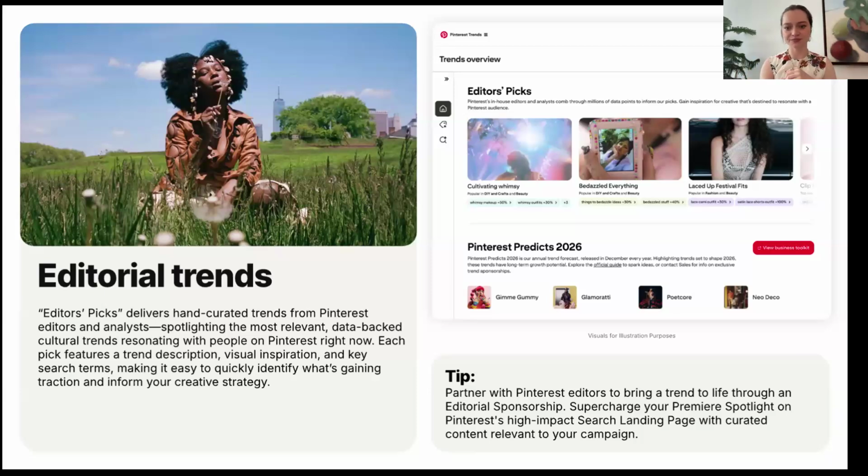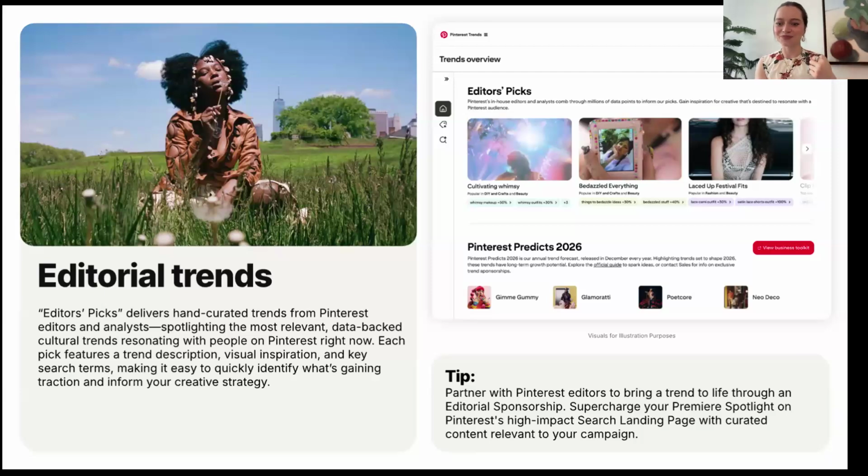what's gaining real traction. For each of the editor's picks trends, you'll see a brief description of the trend, 6 inspiring pin images that visually bring the trend to life, 5 hand-picked keywords. So for something that's happening right now, like everything bedazzled, we'll make sure that the 5 keywords are touching different verticals so that no matter what type of brand you have, there's a way to activate. So if you're a beauty brand in festival season, you'll see glitter freckles and sparkle makeup ideas and bedazzled nail art. And then if you're a DIY and crafts brand, really see the ways that pinners are activating and creating cool